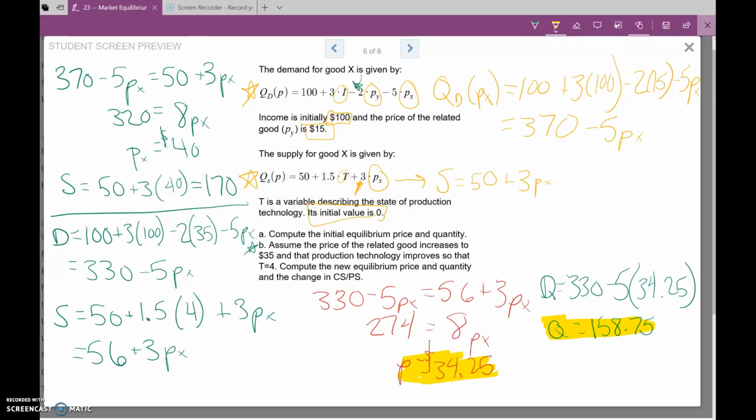Okay, so the work is on the screen here. The equilibrium price is $34.25, and the equilibrium quantity is 158.75. Notice because we have the values we can compare against the original, nothing is ambiguous. We know that equilibrium price went down and quantity